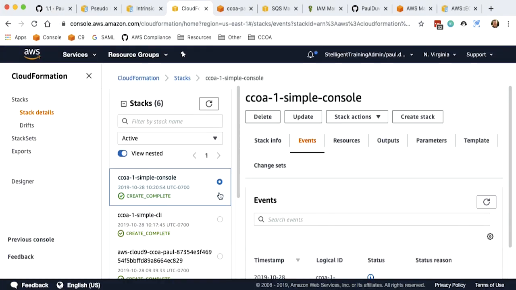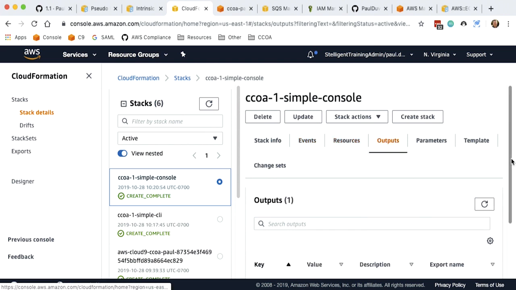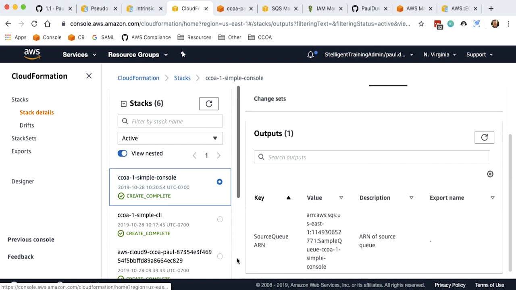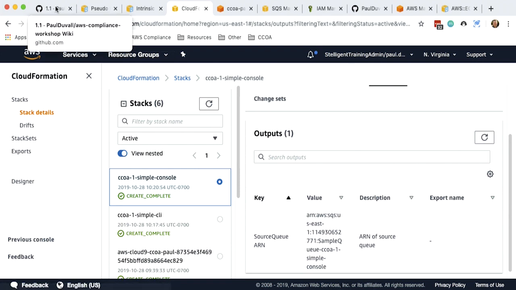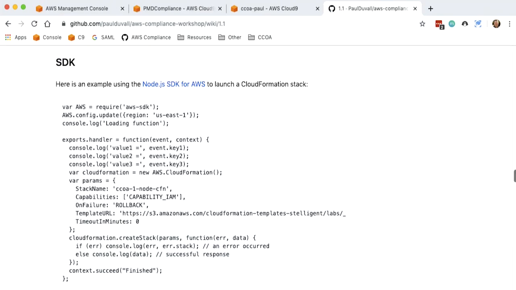Okay, so the stack is created. Again, it's very similar to the one that we created before. The source queue, it's based on the same source code, but this is just another way that you can run the same. You can launch the same CloudFormation stack. You can do it through CLI. You can do it through the console. So just like you can run CloudFormation from the CLI and from the console, you can actually also run it